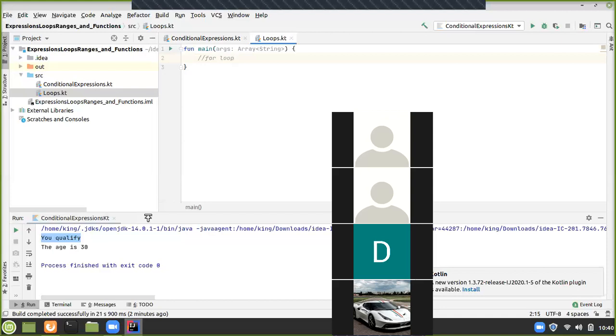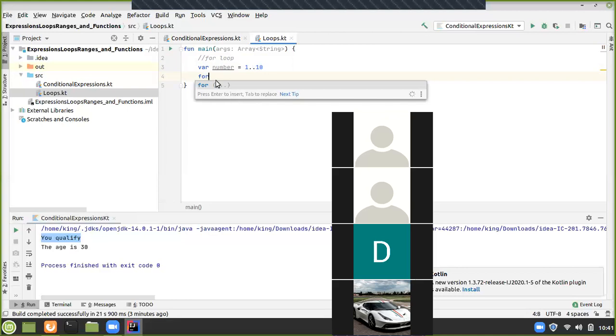Now a for loop, we can actually have a for loop to print through numbers from maybe 1 to 10. So we can have maybe var number is a range of 1 to 10. This is how to specify a range, by the way. You simply say 1 to 10 using the 2 dots right there. So we can have a for loop to say